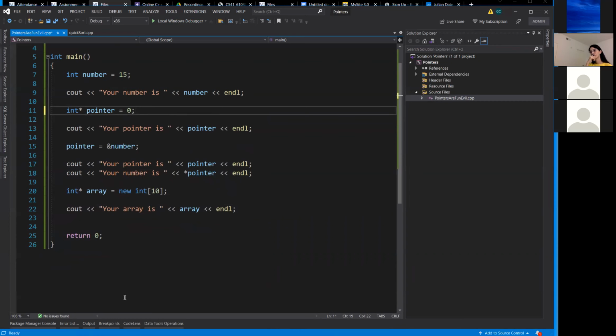Okay, is the array a variable for int 10? Yes, array, which is an arbitrary name, is just the name of our variable. Its data type is an int pointer, and an int pointer is a memory address, and arrays are reference type variables. So we can go ahead and